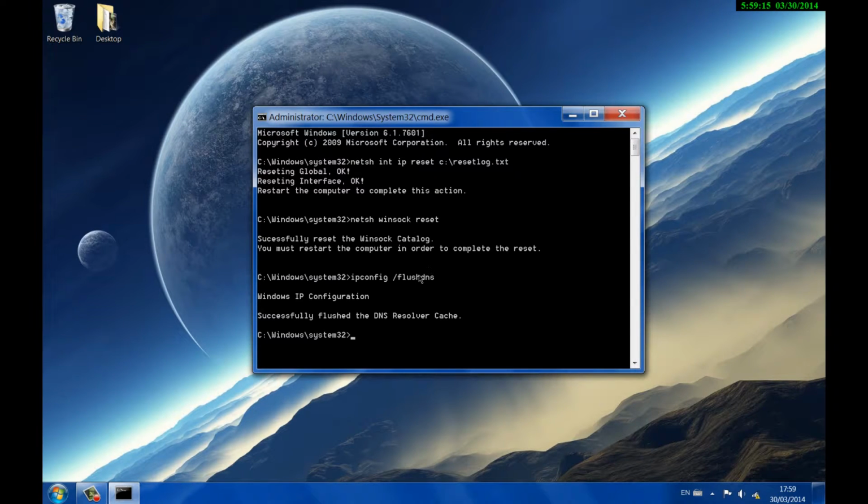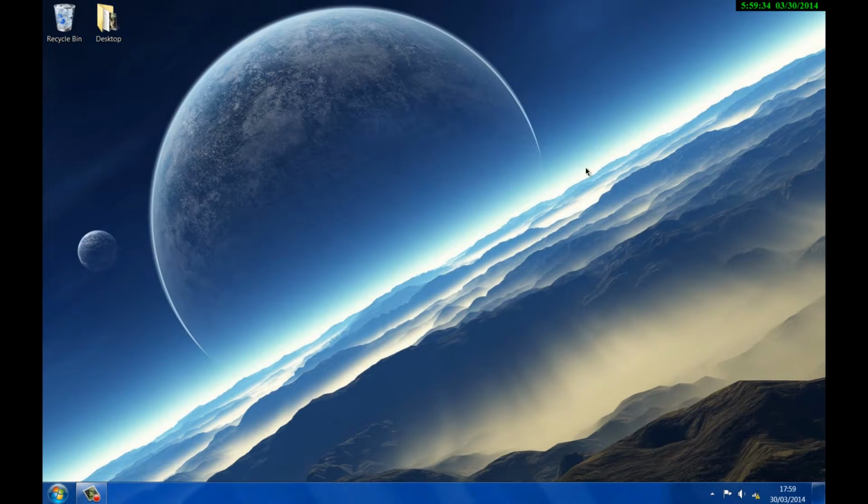So make sure when you're typing this in that you have the backslash and the colon in the right place, and all the letters are lowercase. If you have the wrong kind of stuff like that, it'll just mess up. So yeah, if you get some error here, just make sure you typed everything in properly. So that's the first method done. Hopefully this should work after you restart your computer, but if this doesn't work, then